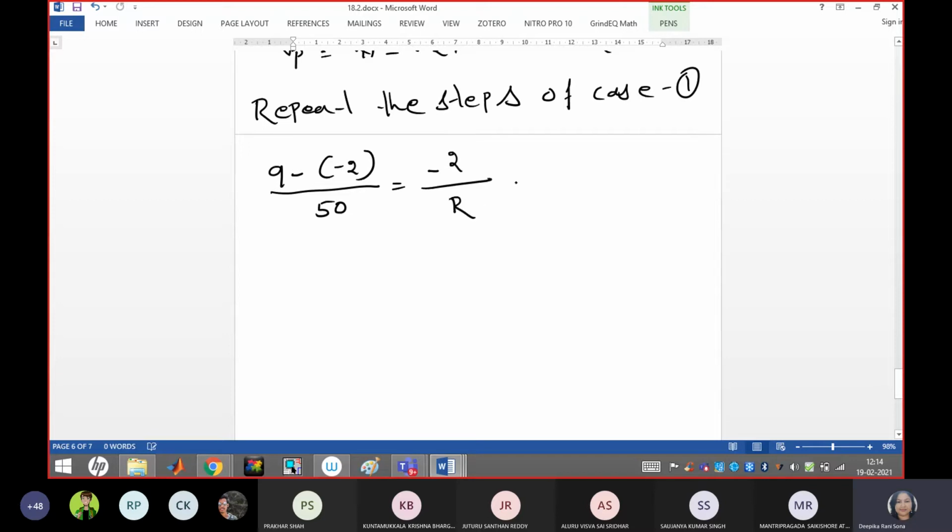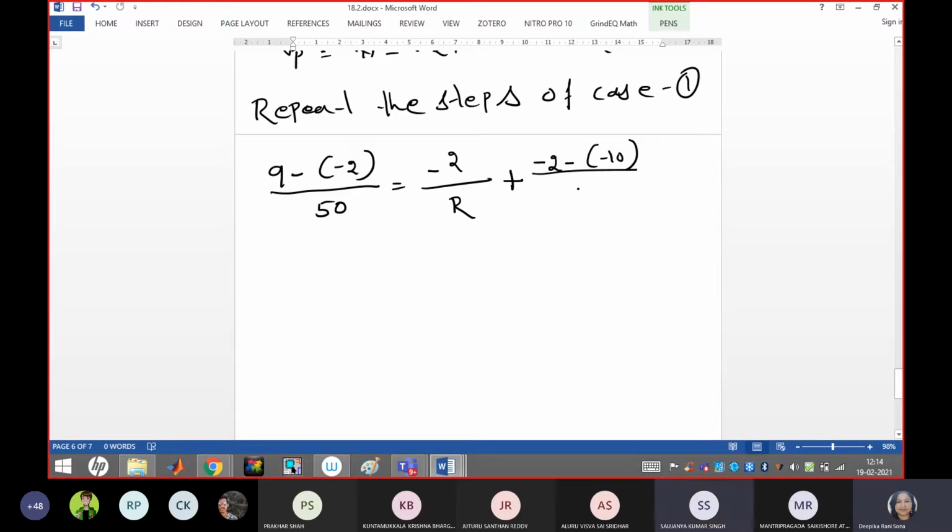So what we have to write? Minus 2 by R, because Vn value is R, because we have to add Vn plus V0 side, right? So that value is now we have to add here, but the equation is Vn minus of V0. So V0 is negative and Vn also negative. So that's why it is minus 2 minus of 10 whole divided by how much? Which path we are following?